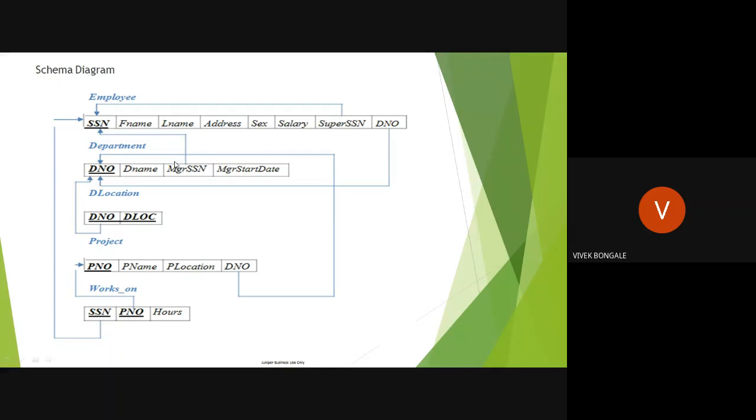Then, to which department Scott is a manager, that information I also need, right? Because in the query they have asked which department he is controlling, correct? That information I will get from the department number.